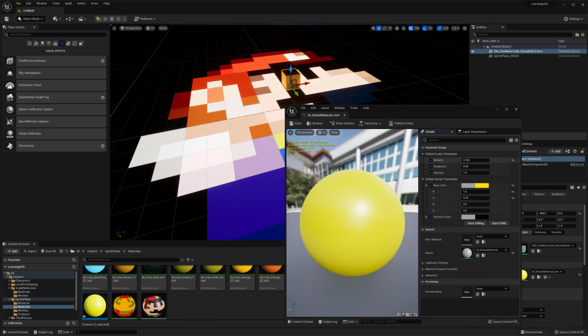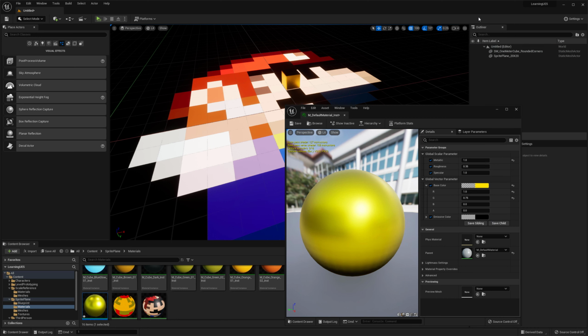Okay, so with metallic, same thing. We can click and drag, and we can interactively change the values on this. And I know I can only push that to 1. You can overdrive these values, but you probably don't want to do that. Now if I've got metallic all the way up, and then I can take the roughness down to 0, I can make that super shiny like this. And then if I want to kill the specularity,